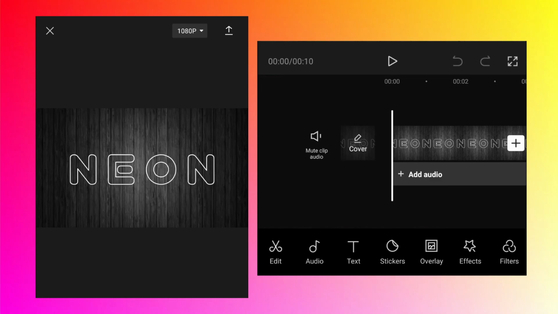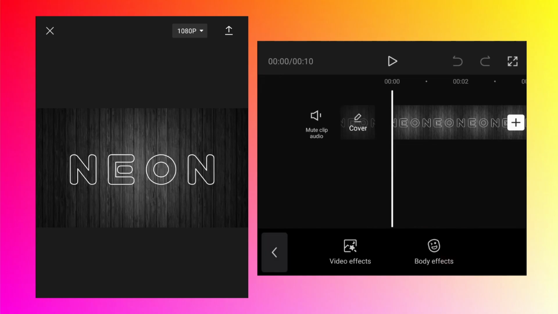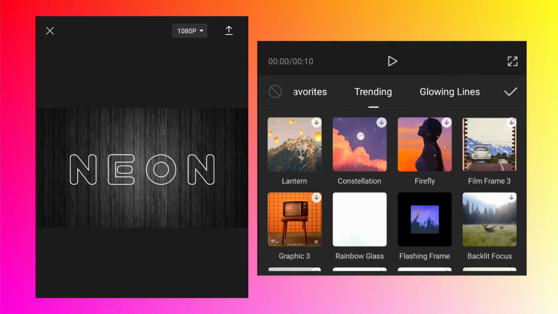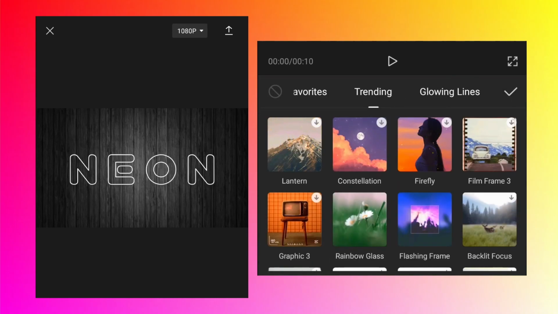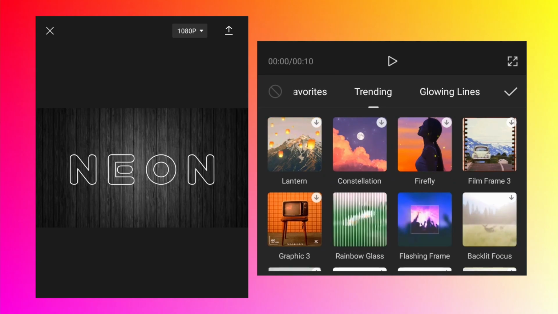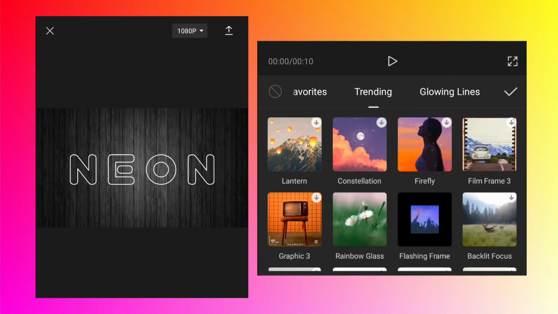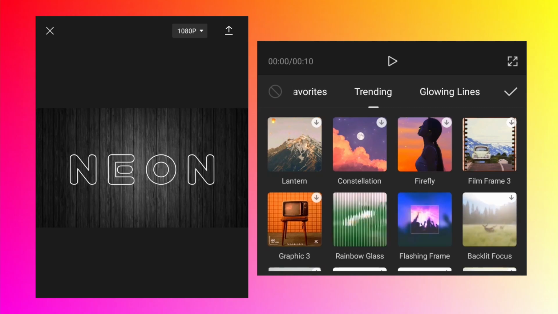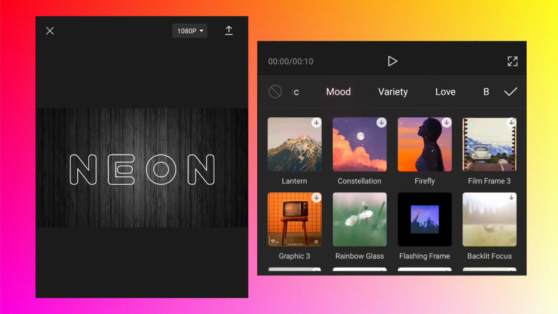Now tap on effects, tap on video effects. Again, I'm telling you, the CapCut app needs an internet connection. These won't load if you don't have an internet connection, and I think in India it is banned, and that is the reason even if you have an internet connection, nothing will load. It will say no internet connection error. So for the people where these effects or this app is banned, you just need to use a VPN to make it work if you really like this app. But for other countries, I think it should work if you have an internet connection.